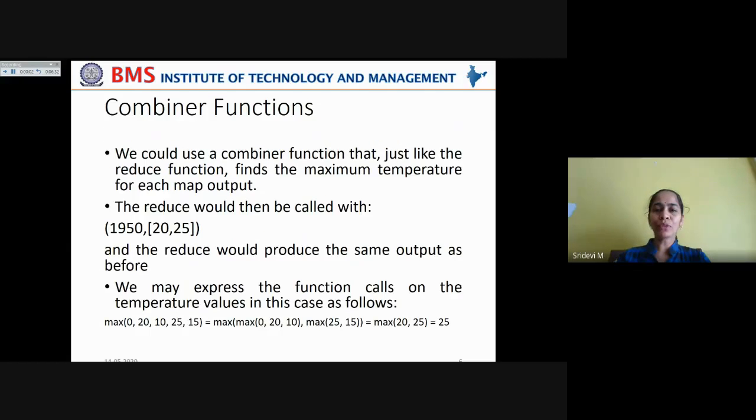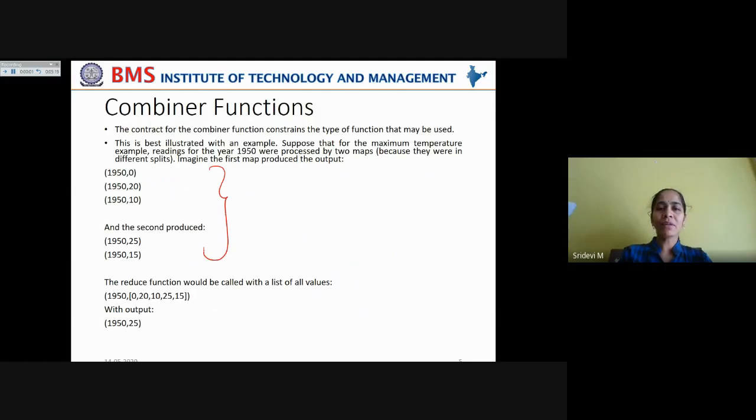Now the reduce would be called with the outputs from the combiner function for the first and second map tasks, for 1950. The first map's output will give you 20, and the second map's output will give you 25.